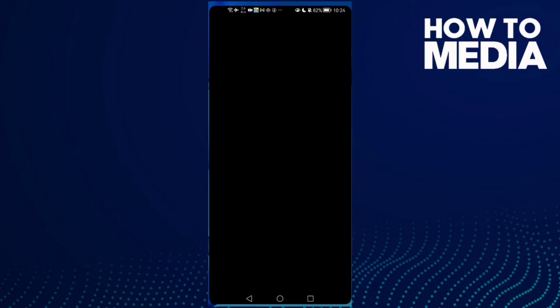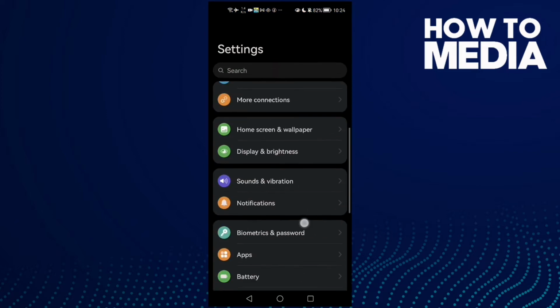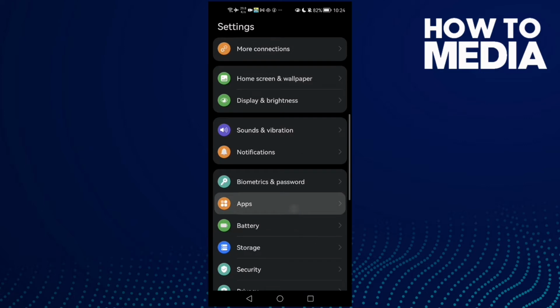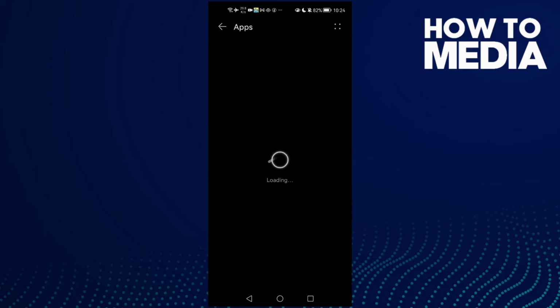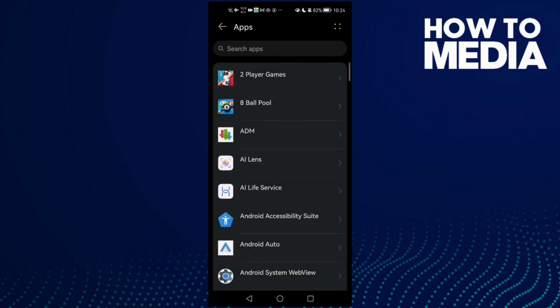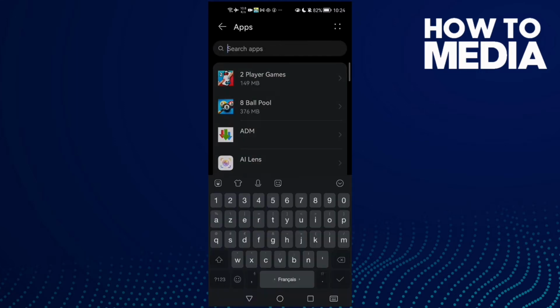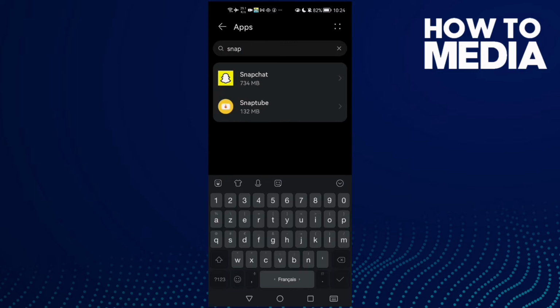First open settings and now scroll down until you find here apps and then click apps again, and here just click search apps and then type here Snapchat. Now click on it